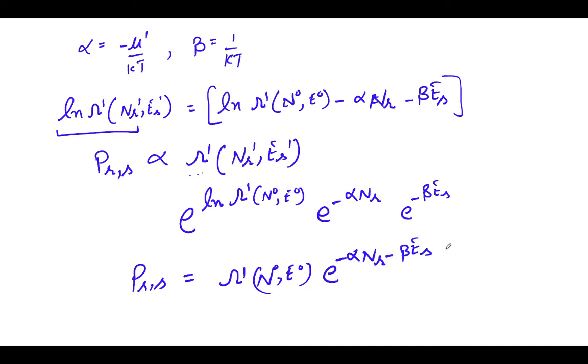This is the same equation which we have derived for the canonical ensemble, except for one additional term, which we now find extra due to the change in the number of particles between the system and the heat reservoir. So this equation we can write as a constant C times exp(−α Nr − β Es),